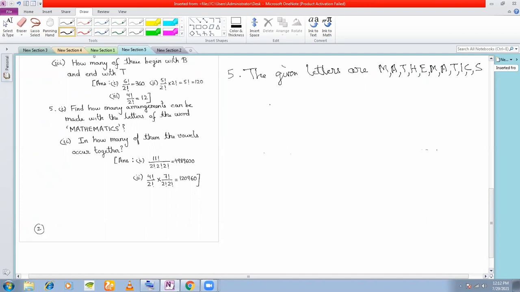These are the given letters. How many arrangements can be made? Number of ways in which the above letters can be arranged